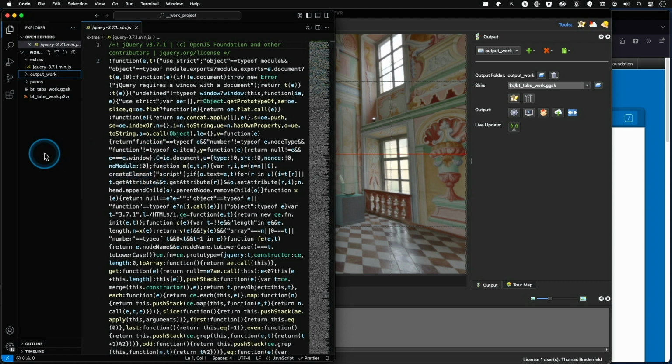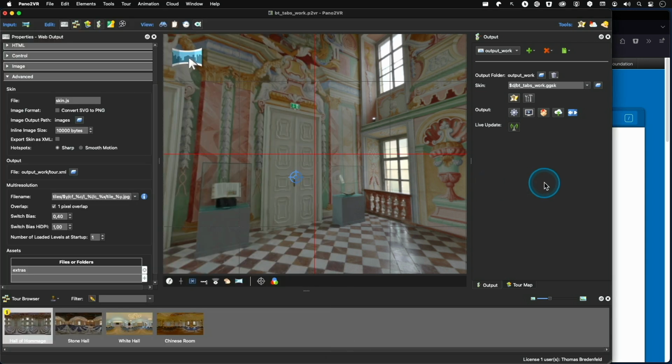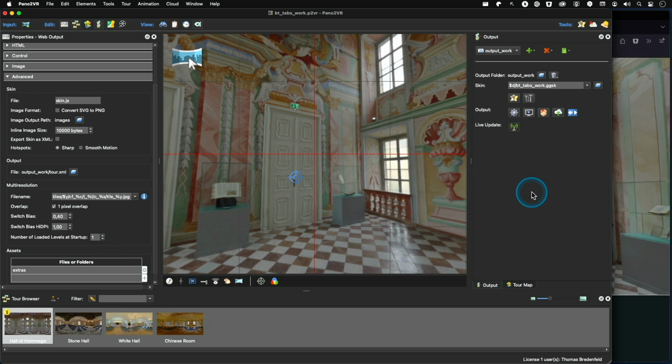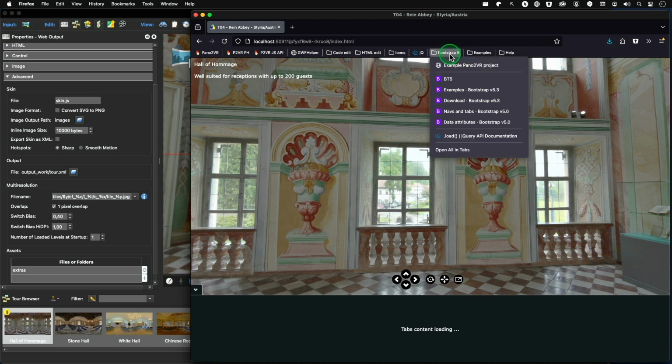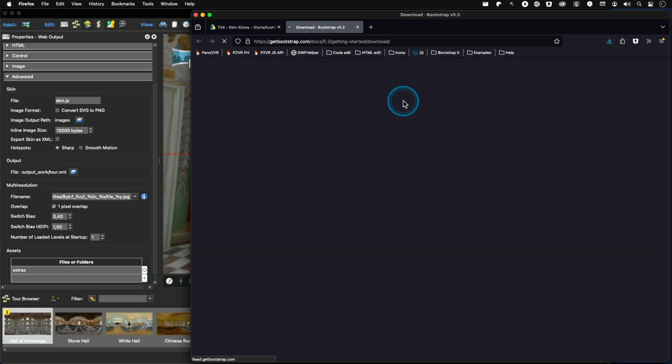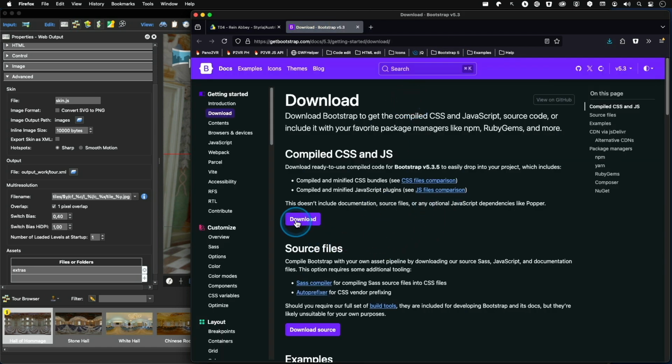So we have added an extras folder for additional files we need for our project and managed to export it with the whole project to the final output folder. Now let's do the same with the Bootstrap files we need. The procedure is pretty much the same, but we need to sort out some files from a downloaded zip. So let's head over to the browser, and I'm going to Bootstrap download, and we take just the first download